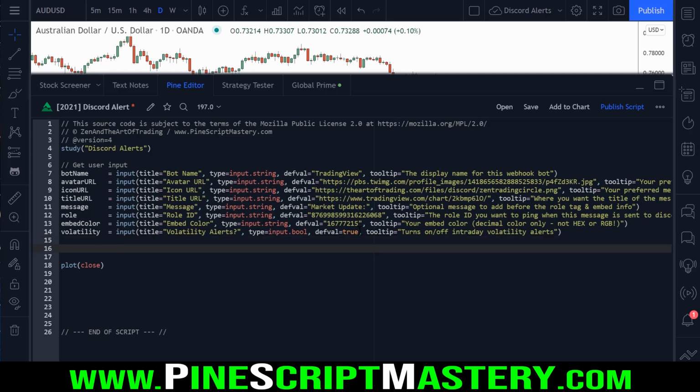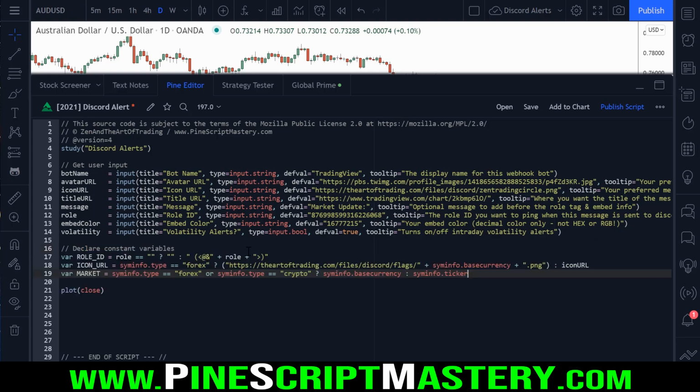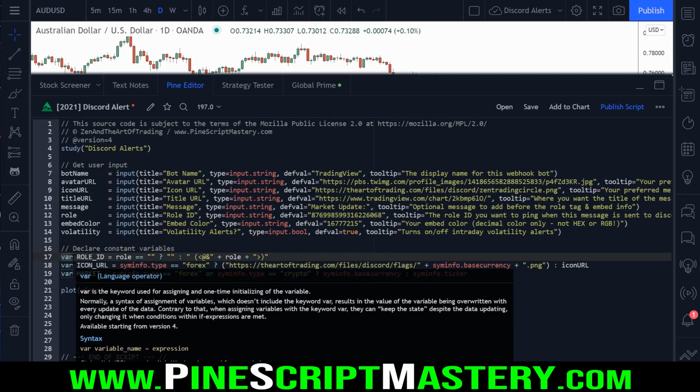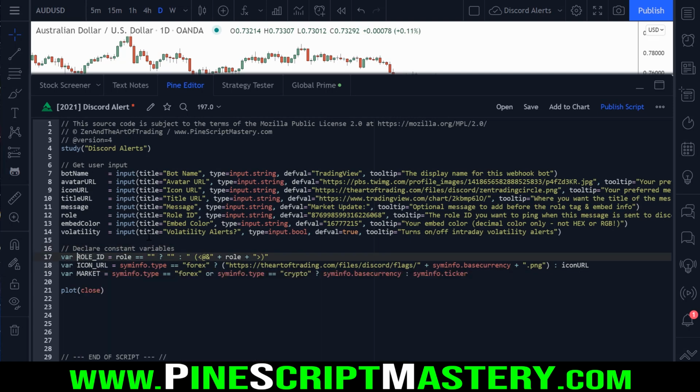So the first thing I do in this script, other than get our user input, is declare a couple of constant variables. So constant just means these don't change. I never change these in the script. And they are VAR variables, so they're persistent. So on the very first bar on our chart, these three variables get initialized and their values never change. The first value is our role ID. This just converts our role ID from the settings menu into the appropriate Discord syntax so that it actually tags